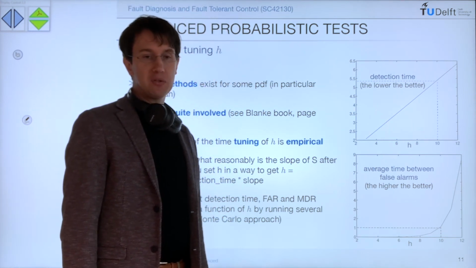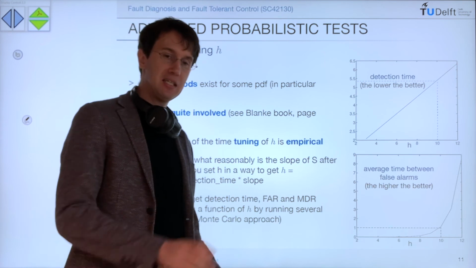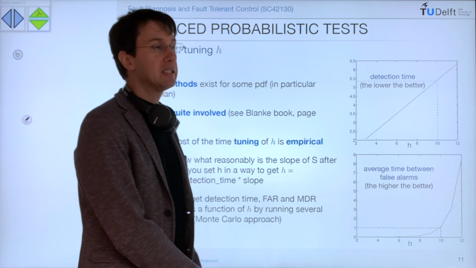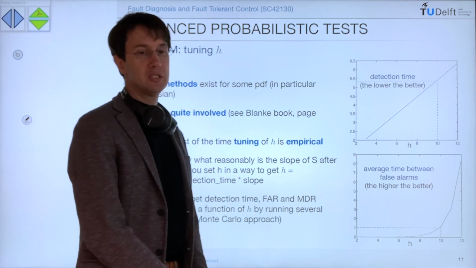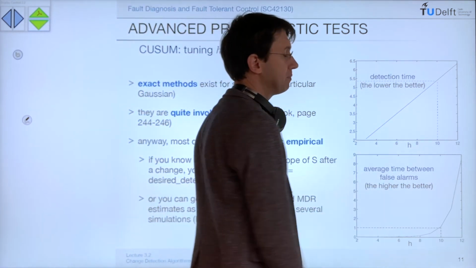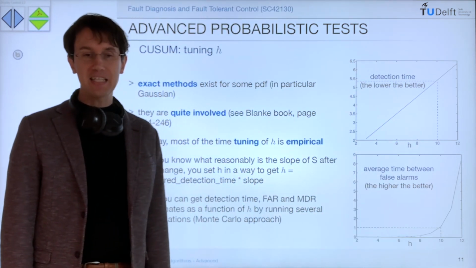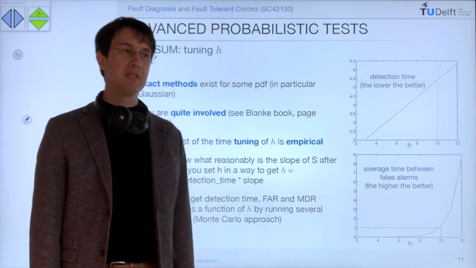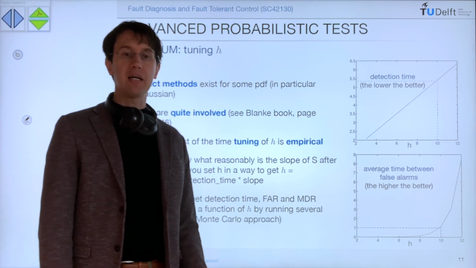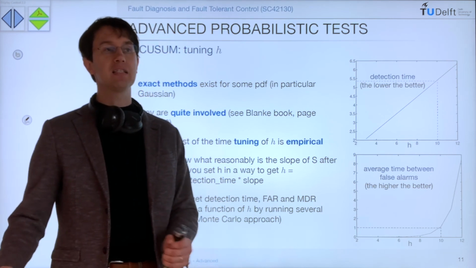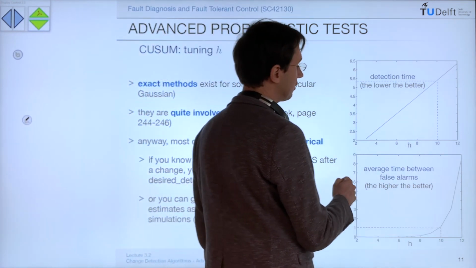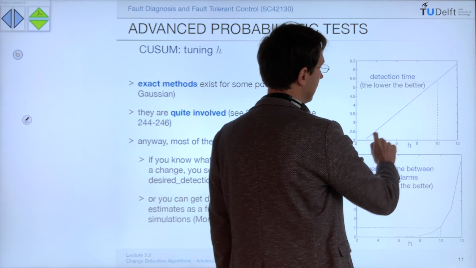But I want also to try to optimize the other side of the coin, to optimize the sensitivity. In this case, I want to have a short detection time. And to do that, I need to generate some artificial data under faulty condition. So I need a way to generate offline data simulated in a nominal condition of the system and non-nominal condition of the system. And then I can run my algorithm with different values of H, and I get different values